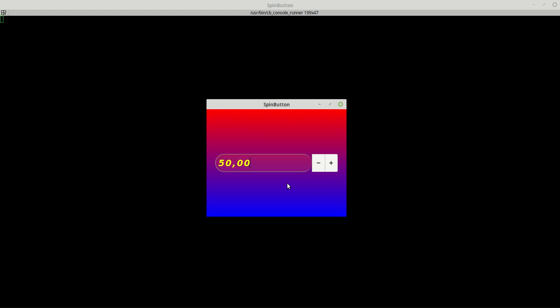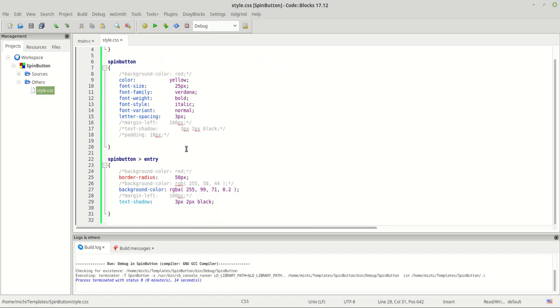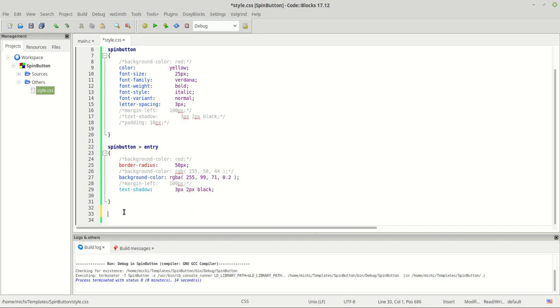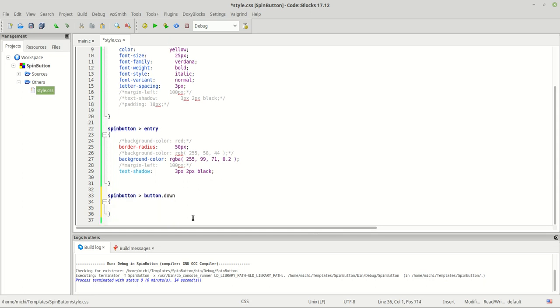And then, once you play a lot more with these things, you will understand them better. Now it's time to move on. We are going to talk about the buttons now. So spin button, okay, spin button, and of course our button down. Now that we have them both,